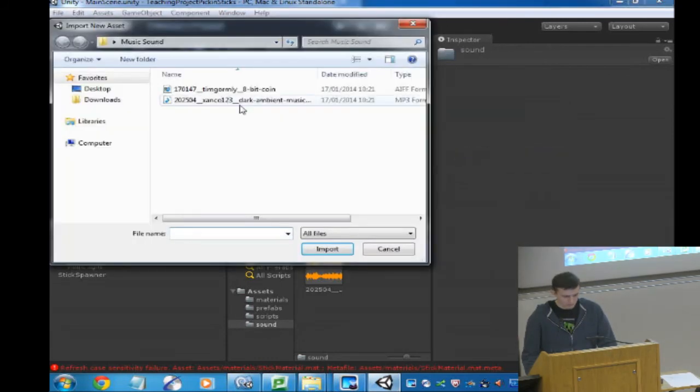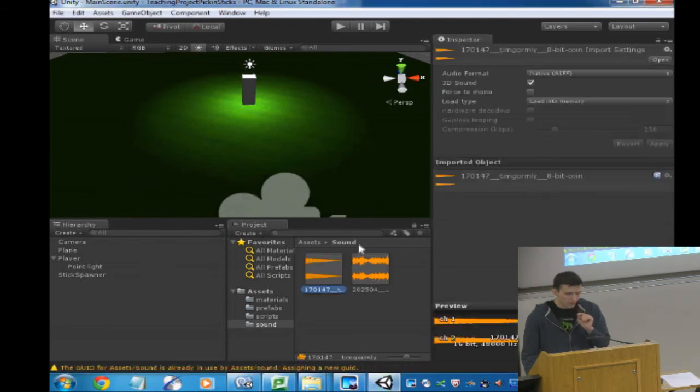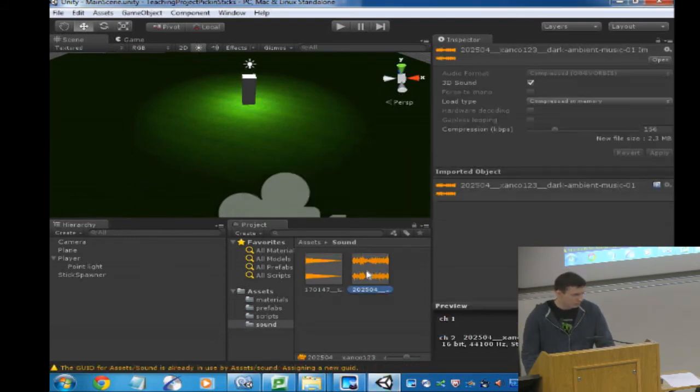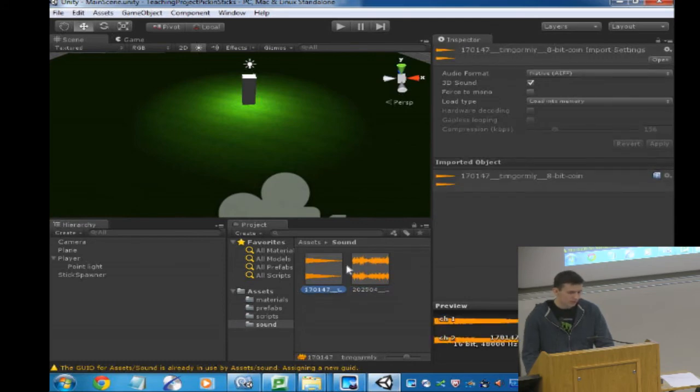Import another asset, and we're gonna... That's the sound when you pick up the object. So we're gonna have the background music, and we're gonna have the sound once you pick up the stick. First, let's do the pick up the stick sound,